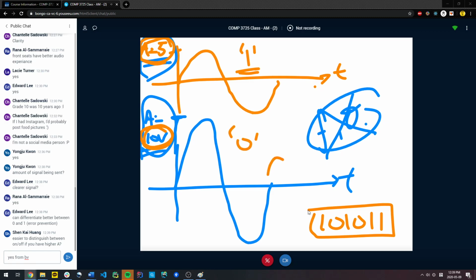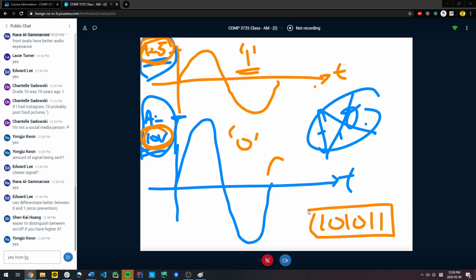Does everybody follow? So what Shankai does is he sits there as the receiver, which is your Wi-Fi adapter, and you're measuring the amplitude of the signal. So if I want to send 101011, I'm going to send 1 at 5 volts, then I'm going to send 0 at 10 volts, and I'm going to send this guy again, and this guy again, and then I'm going to pulse this twice.